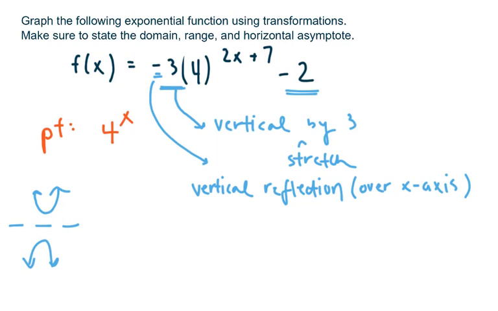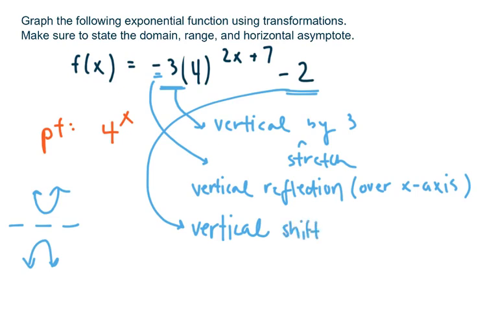And then the -2, that's going to be a vertical shift down 2, right? Because again, things on the outside of the function are happening vertically, and what they say are what they are. So it says we're subtracting 2. That means we're shifting everything, our y's, down 2. So that's a vertical shift down 2. Okay, now our horizontal